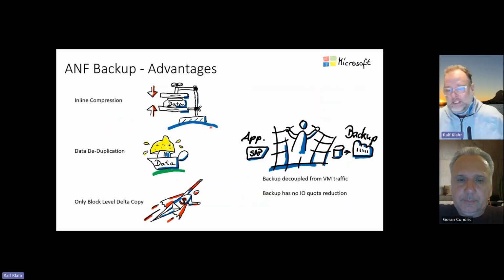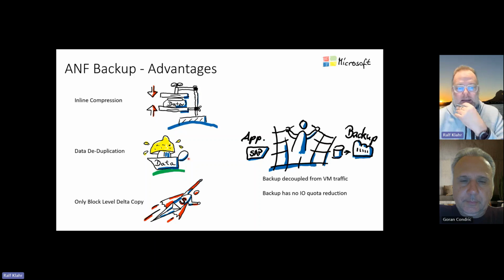The ANF backup advantages. What is so important? Why is it a good idea to leverage ANF backup? You have inline compression. That means you do not send massive data over the line, because it gets compressed beforehand. We work with data deduplication, for example when you back up your HANA shared, since there are a lot of binaries which can be compressed and deduplicated.